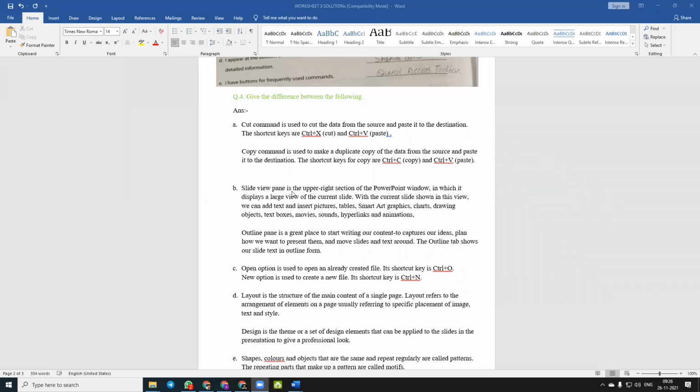Slide view pen is the upper right section of the PowerPoint window in which it displays a large view of the current slide. With the current slide shown in this view, we can add text and insert pictures, tables, smart art graphics, charts, drawing objects, text boxes, movies, sounds, hyperlinks, and animations.